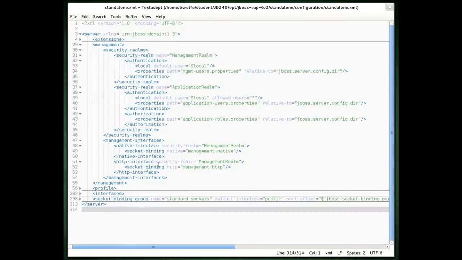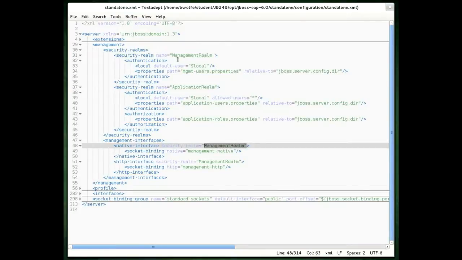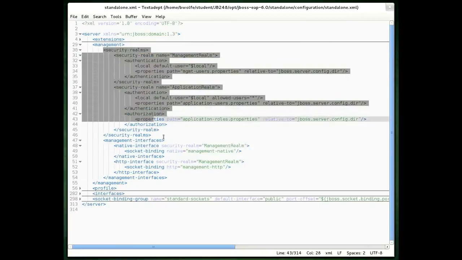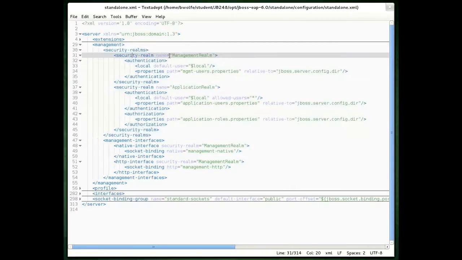The management interfaces themselves are protected by the security realm here, management realm. Management realm is declared up here in the security realm section of the management interface, and you see that it's using the local authentication at this point in time. This security stuff can be updated if you wish to further lock down your server instance, but you can see that it's pointing to the management users properties file stored in the server config directory, which of course is,